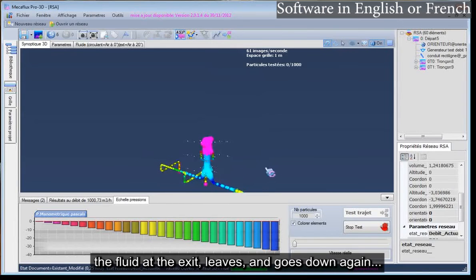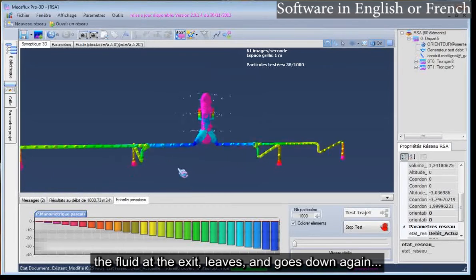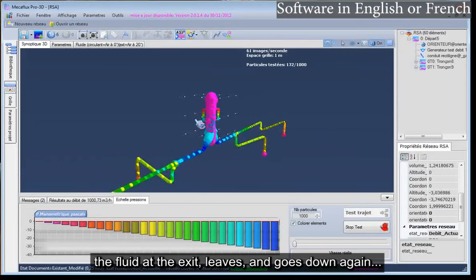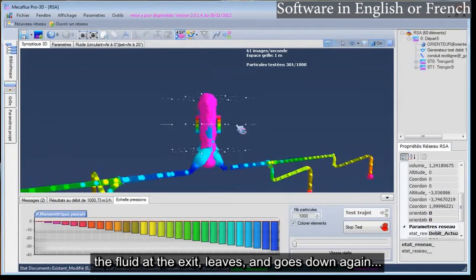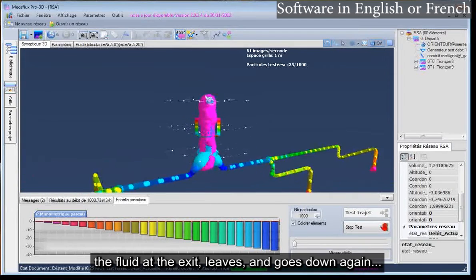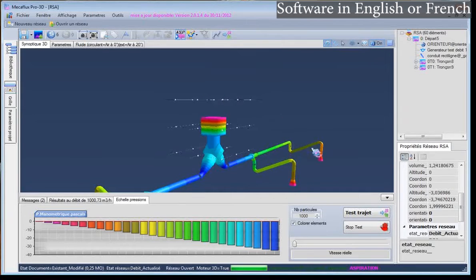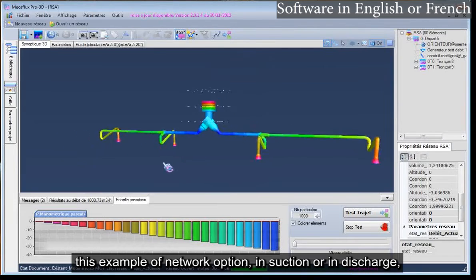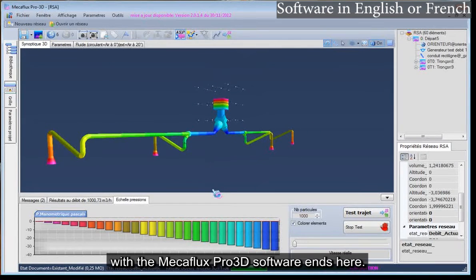The fluid at the exit leaves and goes down again. This example of network option, in suction or in discharge, with the Mech-A Flux Pro 3D software ends here.